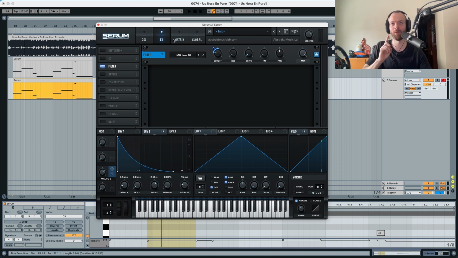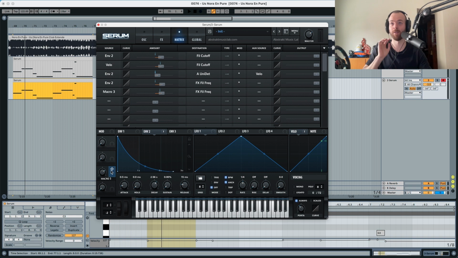You can see that the sound already comes up a little bit. And in addition to that, we're also gonna make this an auxiliary source for the envelope 2 over here and the envelope 2 over here. Meaning, whenever this is fully open, I'm gonna fully use the envelope 2. Whenever this is fully closed, I'm not gonna use the envelope 2 as well. And this happens because if you listen to the original sound,